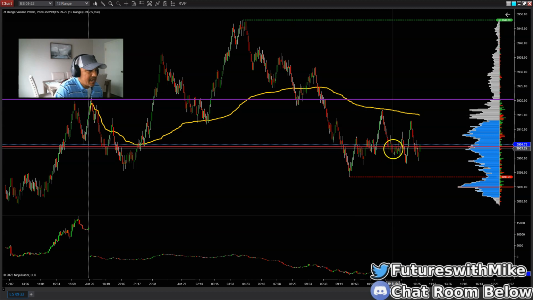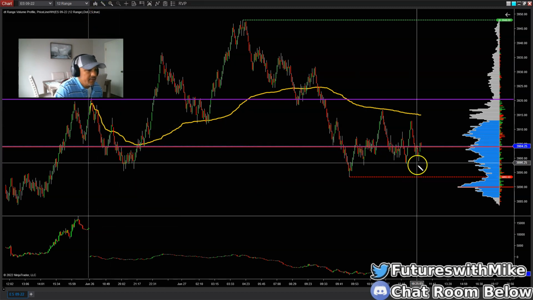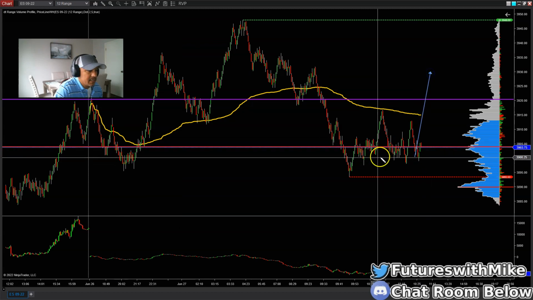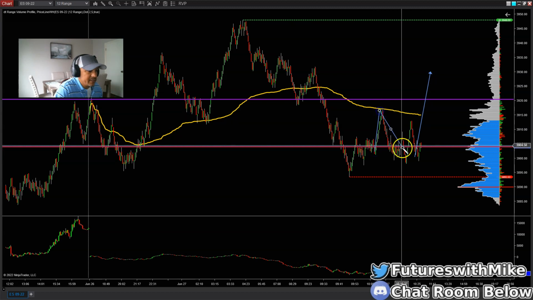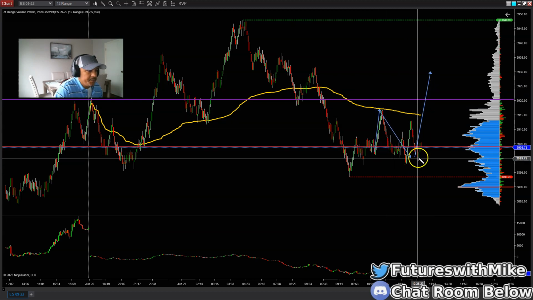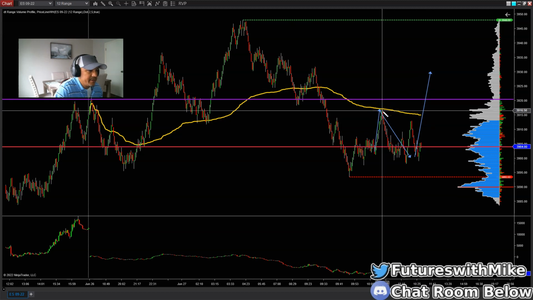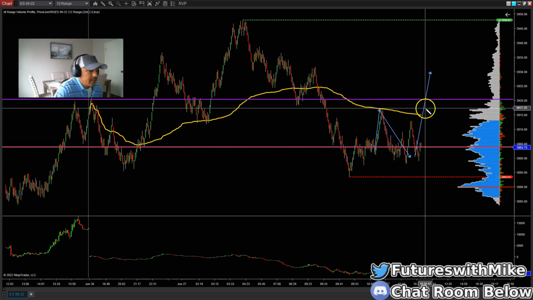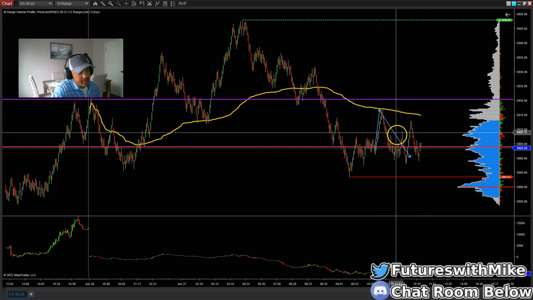If the market breaks higher and does something like this, I may be interested in going long. But if it makes another leg to the upside, it's going to be a push up here, pull back, price breaking higher. So we have this move to the downside forming. If we get this next break to the upside here, taking out this area of resistance right here, then I'll be looking for a pullback to possibly go long. But right now the market is